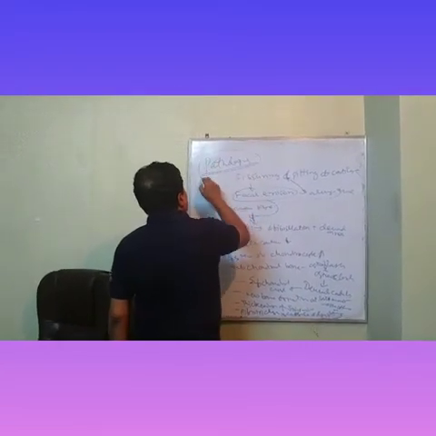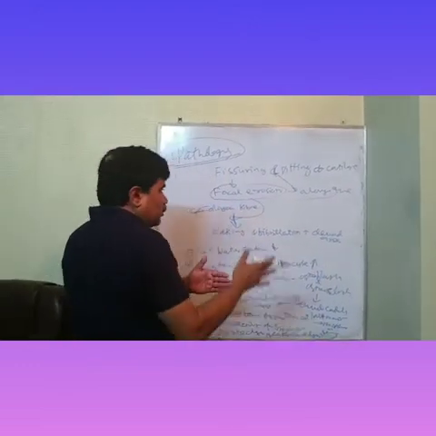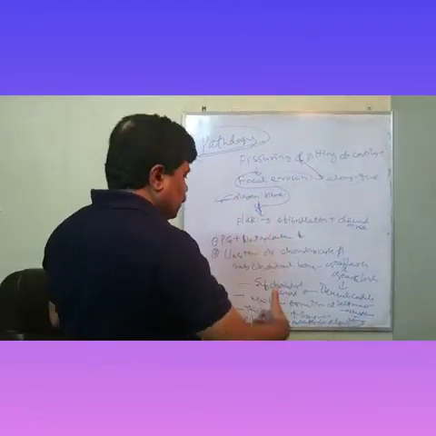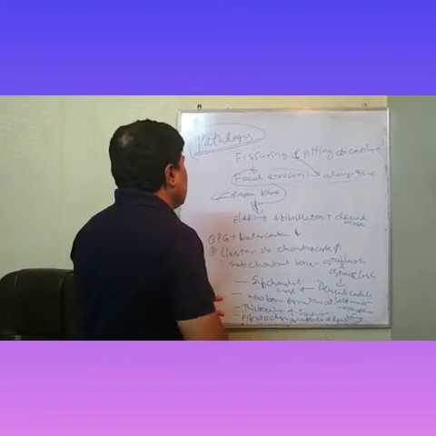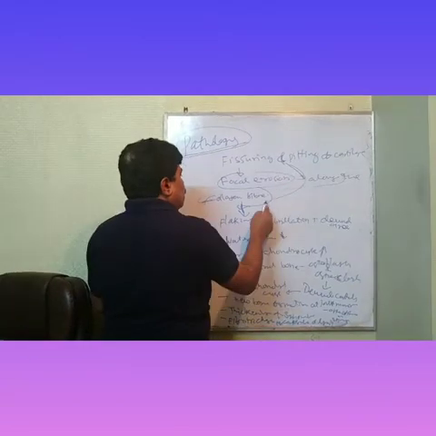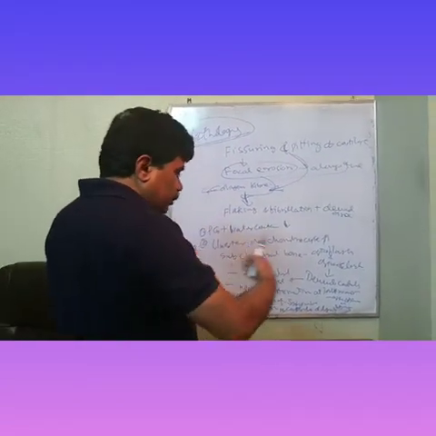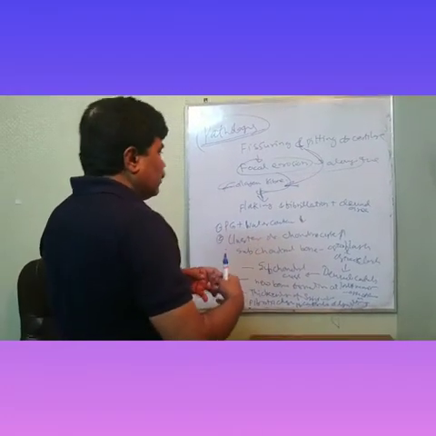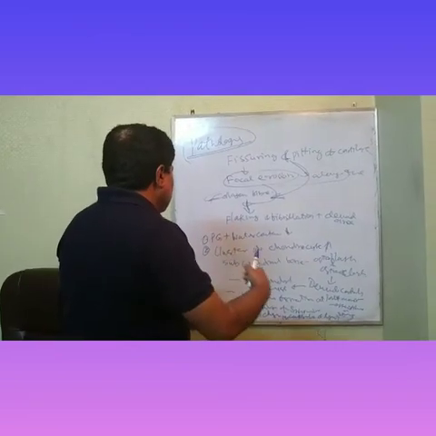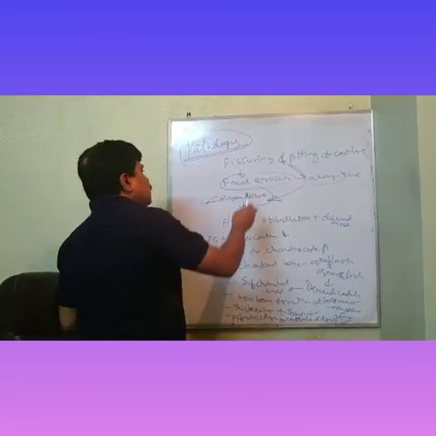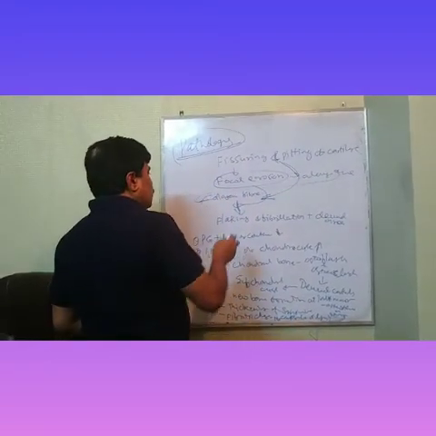What do you find in this? You will find fissuring and pitting of the cartilage. The cartilage gets fissured and pitted, with fissuring along the collagen fiber. This is your collagen fiber. Between the collagen fibers there are proteoglycans, and those proteoglycans get broken. So along the collagen fiber there is fissuring and pitting of the cartilage.